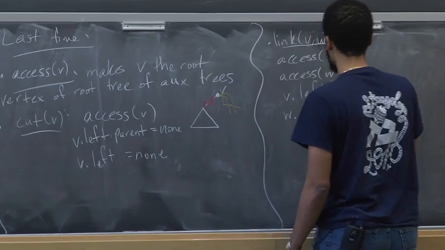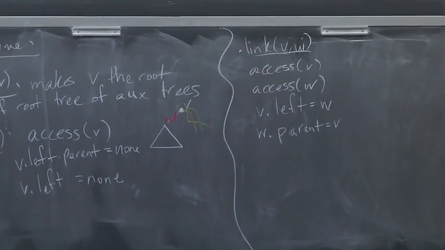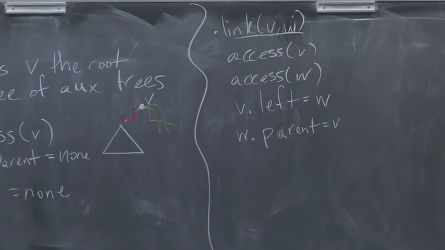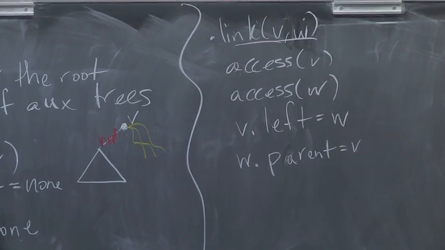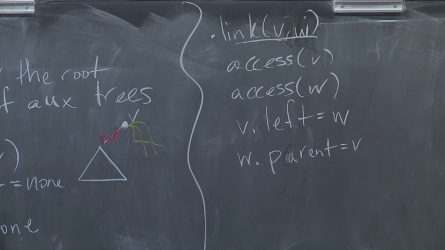Remember that the aux trees are keyed by depth, right? So the fact that W is my parent in the represented tree means that its depth is 1 less than me. So he's on my left subtree. Okay, so